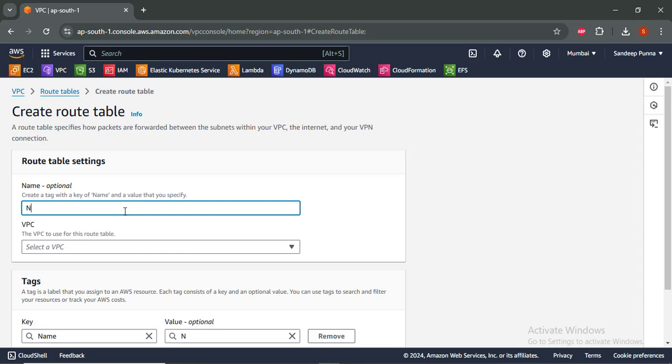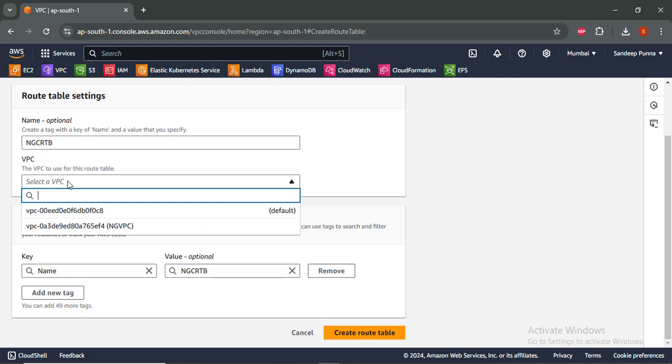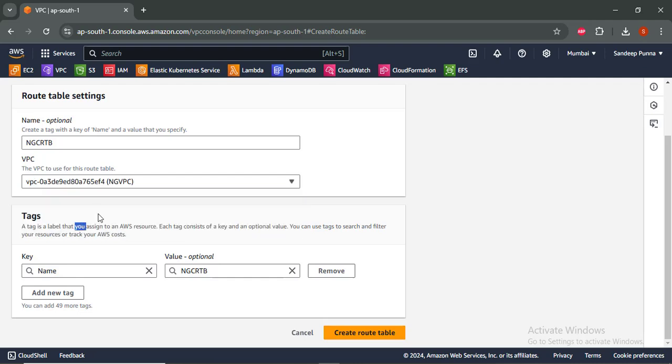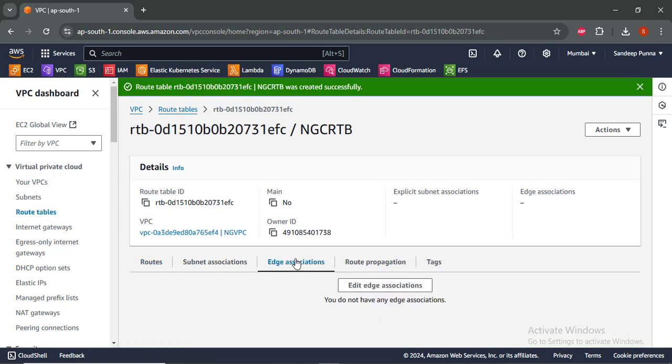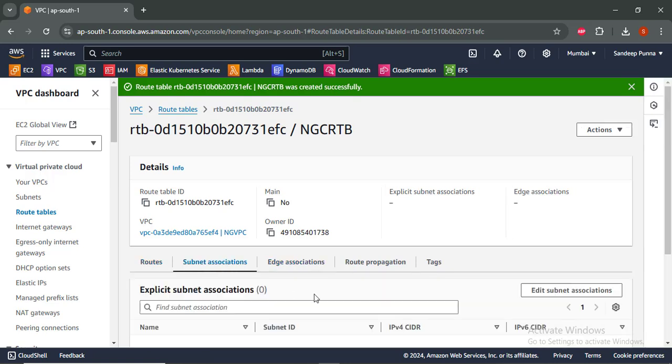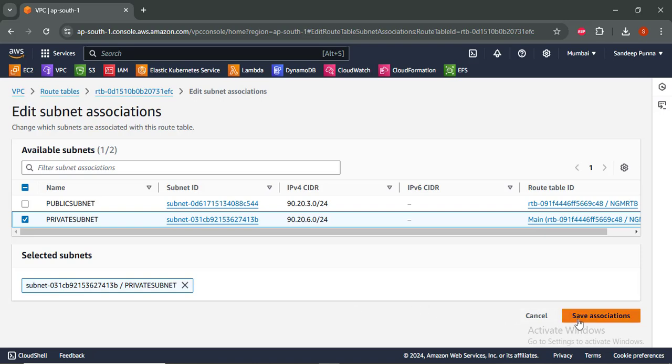I was selecting it as NG CRTB. Select our own VPC name, NG VPC, I made. Create route table, and we need to associate here. To associate, select edit subnet association, select here private subnet, save association,